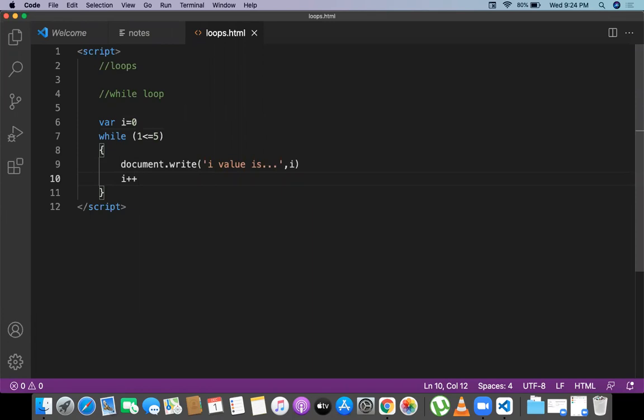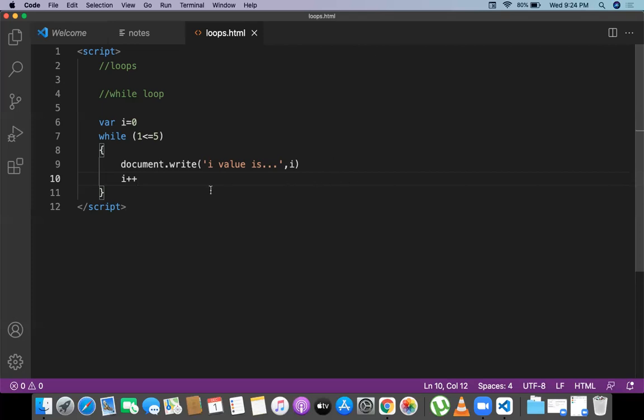Next 3 less than or equal to 5, yes, execute. 4 less than or equal to 5, execute. 5 less than or equal to 5, the condition is not satisfied. Whenever the condition is not satisfied, the loop automatically terminates. This is basically about while loops.